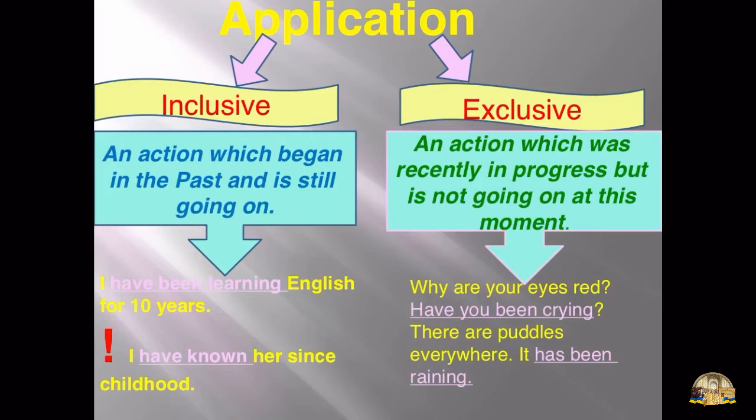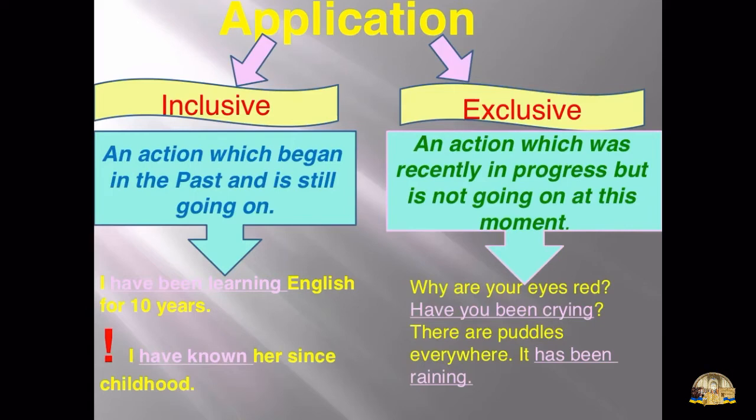Let's look at the example. Why are your eyes red? Have you been crying? So the result that is seen is the eyes that are red, and the long process is: have you been crying? So crying is the long process that has a result in the present.